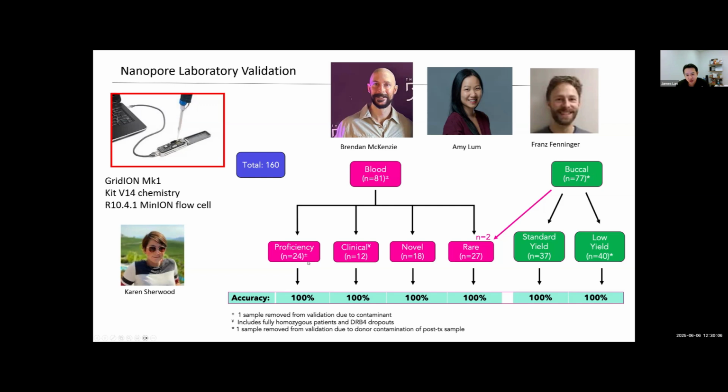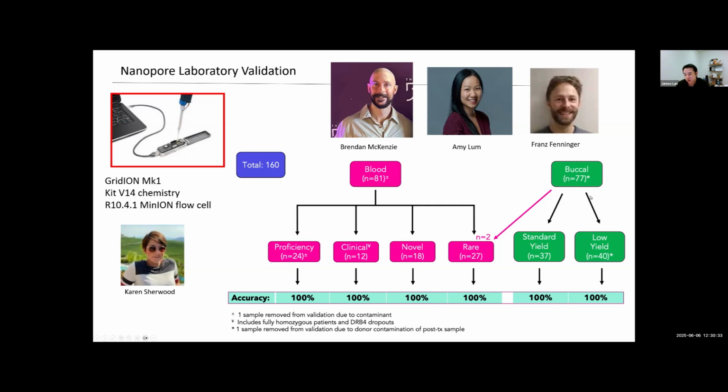So we put in proficiency testing samples, clinical samples known to have problems. Our lab, because we've been using NGS for the past 7 years for genotyping, we detect about 1 to 2 novel alleles never described before for the past few years. We actually publish on these as well, that have been completely verified by an independent lab. We put them to the nanopore sequencer. We have rare alleles that we put in as well.